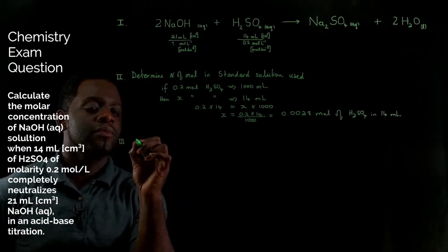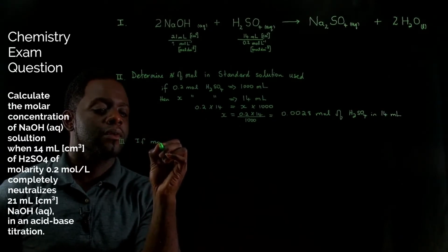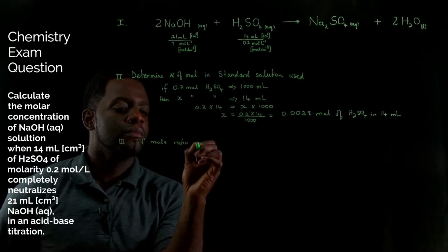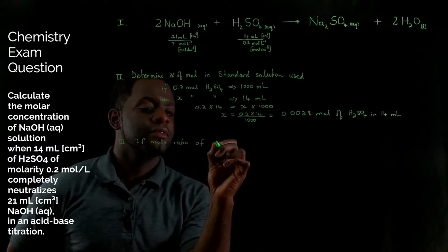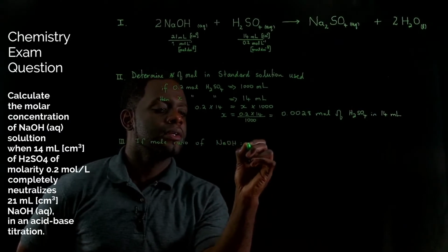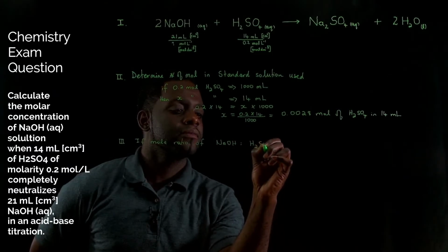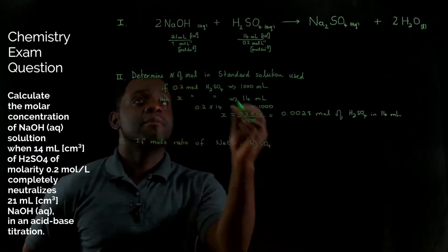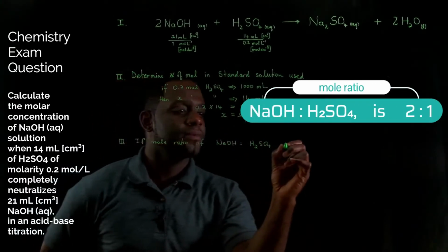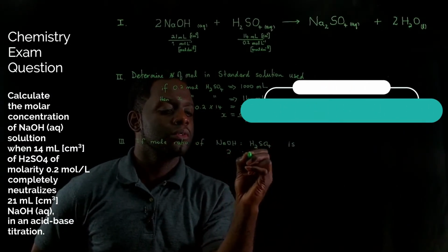So if the mole ratio of sodium hydroxide to sulfuric acid, and we'll get that from the coefficients of the reactants in the balanced chemical equation, is 2 to 1,